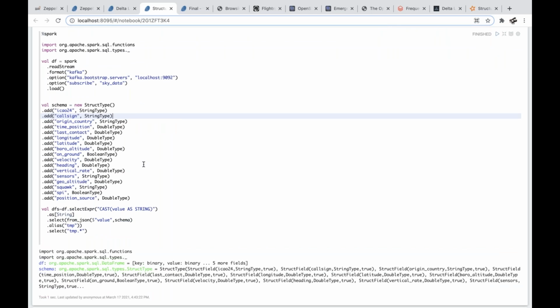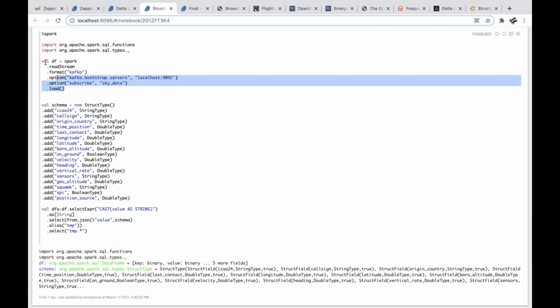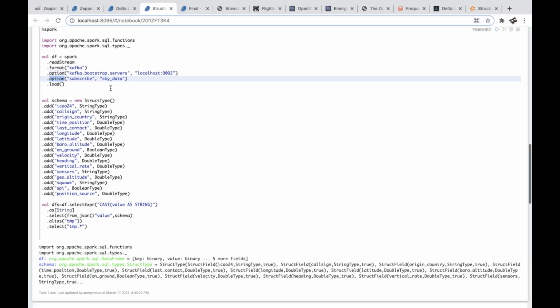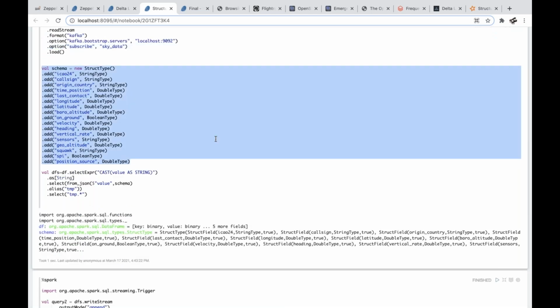Okay, let's run our structured streaming. So what we have done, we have defined our stream as a read stream. As you can see, we give the format. It was Socket before, now it is Kafka. And we need to give this bootstrap locations, and we need to define which topic we would like to listen, right? Then I have defined a schema because my data is a very big JSON.